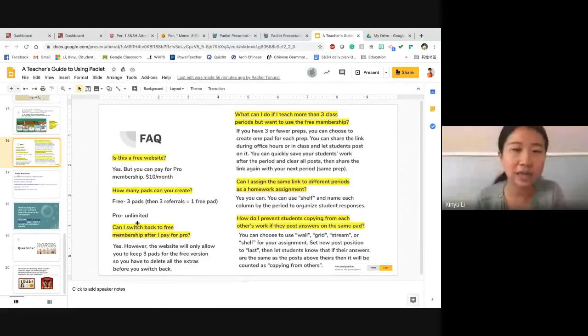So if you really don't want to pay for it forever, then do not pay for it. You're not going to keep all those pads you create. And then, some questions about if I teach more than 3 class periods, what we can do with the free membership. Then I suggest you use the shelf. Or, for example, if you have less than 3 pads, then you can use each